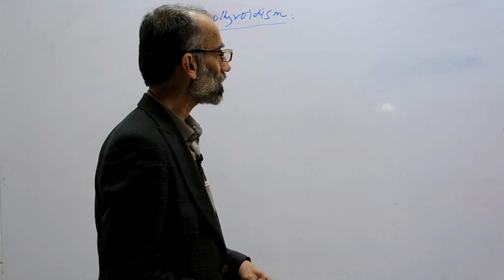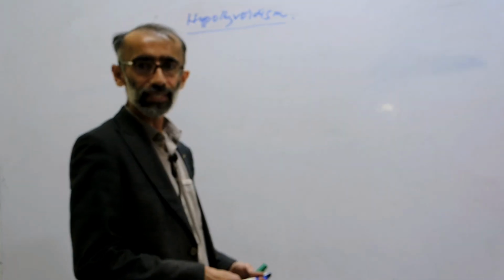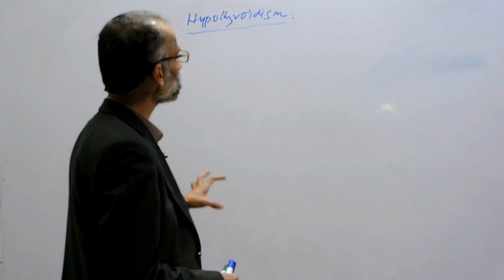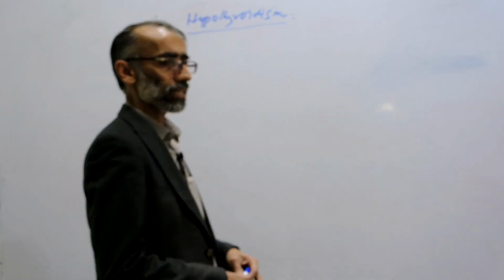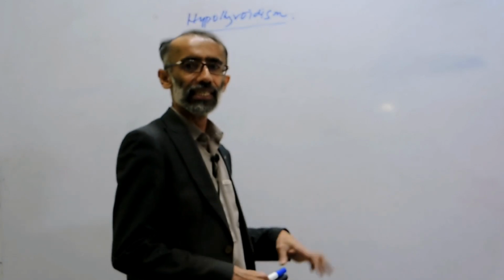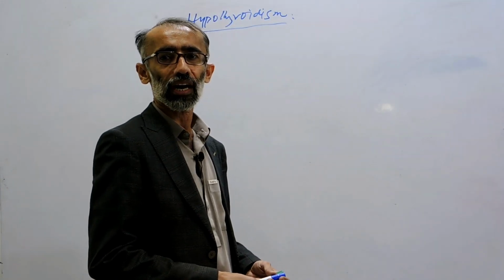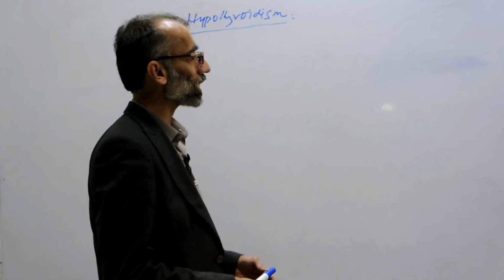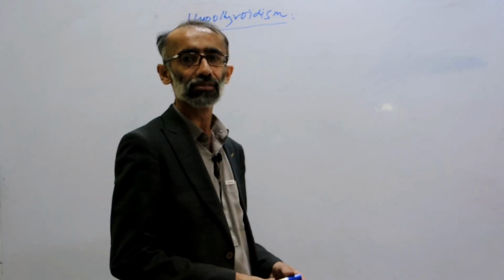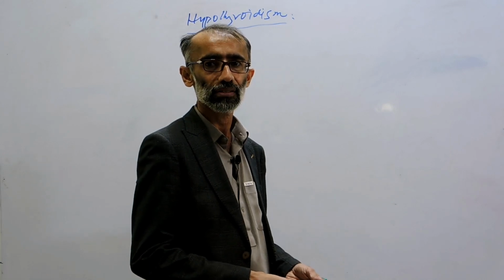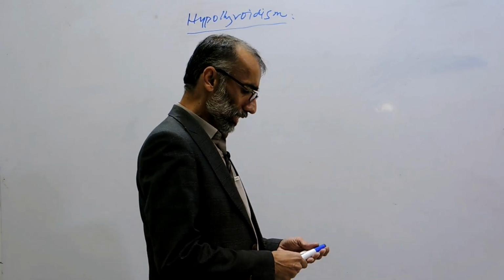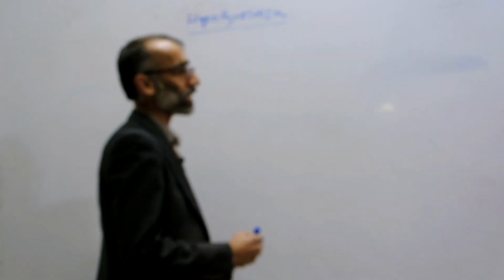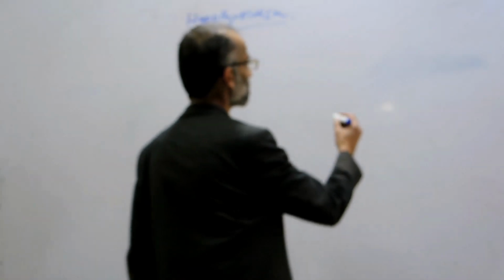Always think about hypothyroidism. As we know, the thyroid gland is under the control of the pituitary gland, and the pituitary gland is under the control of the hypothalamus. If we draw the hypothalamic, pituitary and thyroid axis,